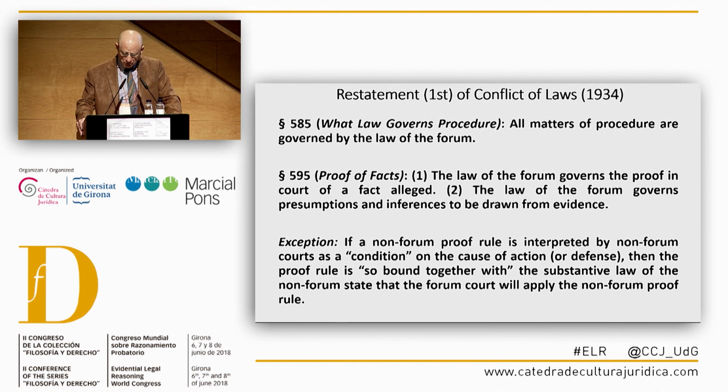Now, around the time of the publication of the first restatement, which was 1934, a sea change of ideas was beginning in the United States. Part of it was a rejection of the kind of formalism that these early cases represented. Another part of it was doctrinal. In 1938, the United States Supreme Court decided Erie Railroad Company versus Tompkins, which radically changed the law of federal courts when they exercised jurisdiction not based on federal statutory or constitutional claims, but rather based merely on the fact that the parties are from different states or countries, known as diversity of citizenship jurisdiction.